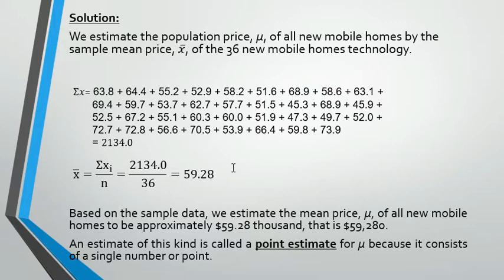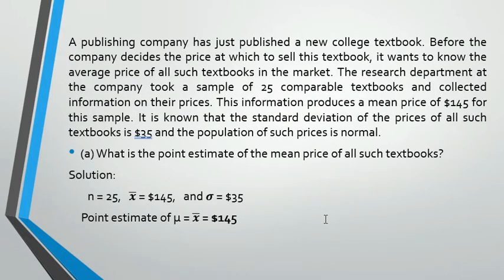Based on the sample data, we estimate the mean price of all new mobile homes to be approximately 59.28 thousand dollars, that is $59,280. An estimate of this kind is called a point estimate for the mean, because it consists of a single number or a point. So another question example is this: